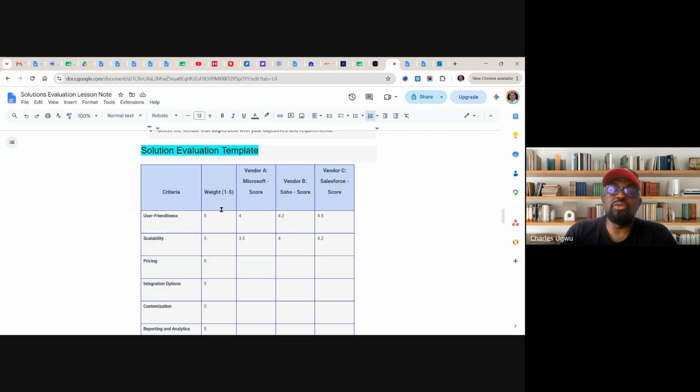Then you need to rate it on a scale of 1 to 5, based on your analysis or your evaluation. So looking at here, you are rating Microsoft